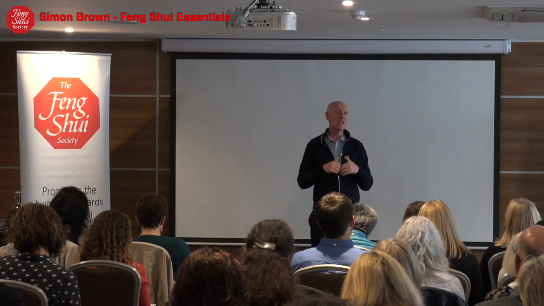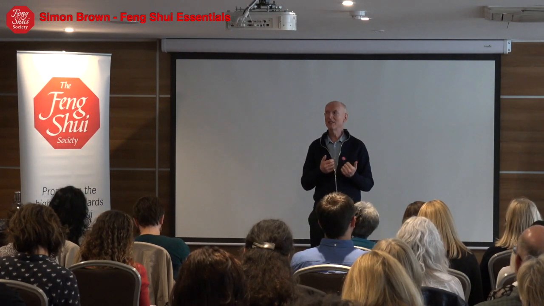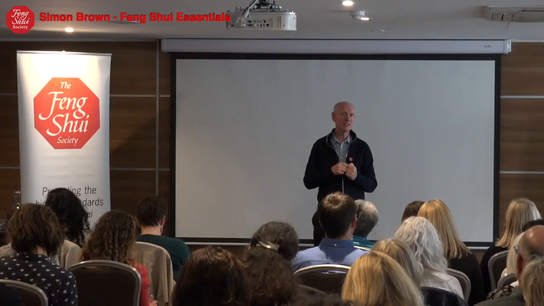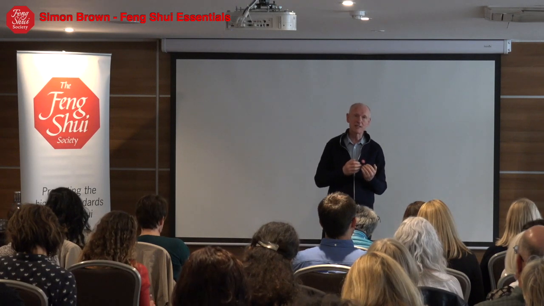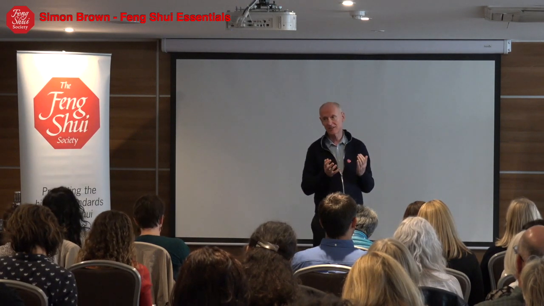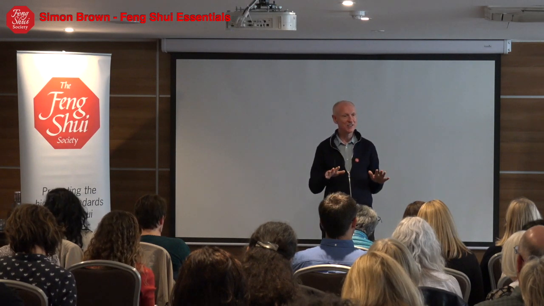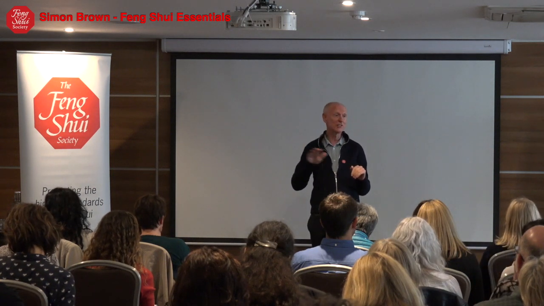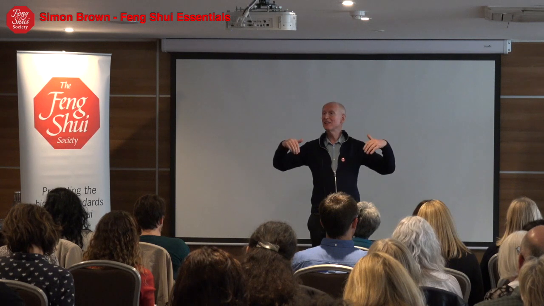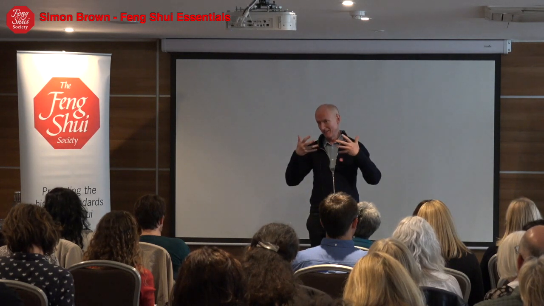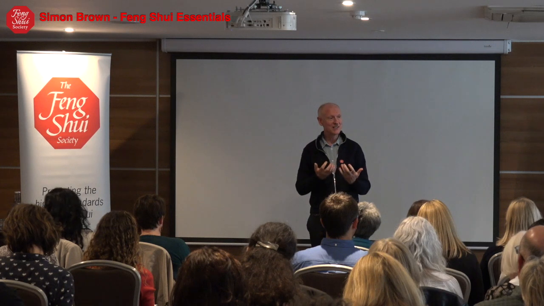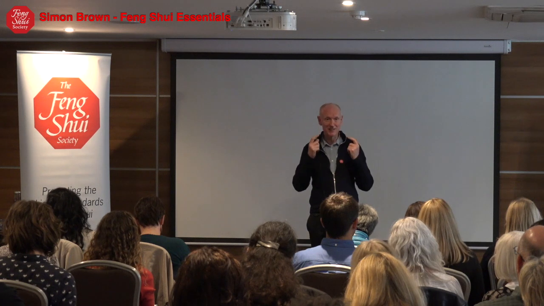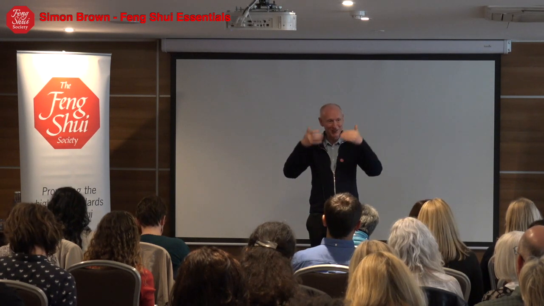Going on from that, we can change the qi. So we have the ability to adjust the qi and change it. And we could think then, easy ones would be, if it's sunlight, reflective surfaces will adjust the qi. So if you've lived in an apartment with a polished wood floor, for example, or polished marble floor, the sun coming in through the windows reflects back up, and you could almost double the sun's qi in the space. Sometimes it's almost like you have to wear sunglasses at home because the sun's so bright coming up off a